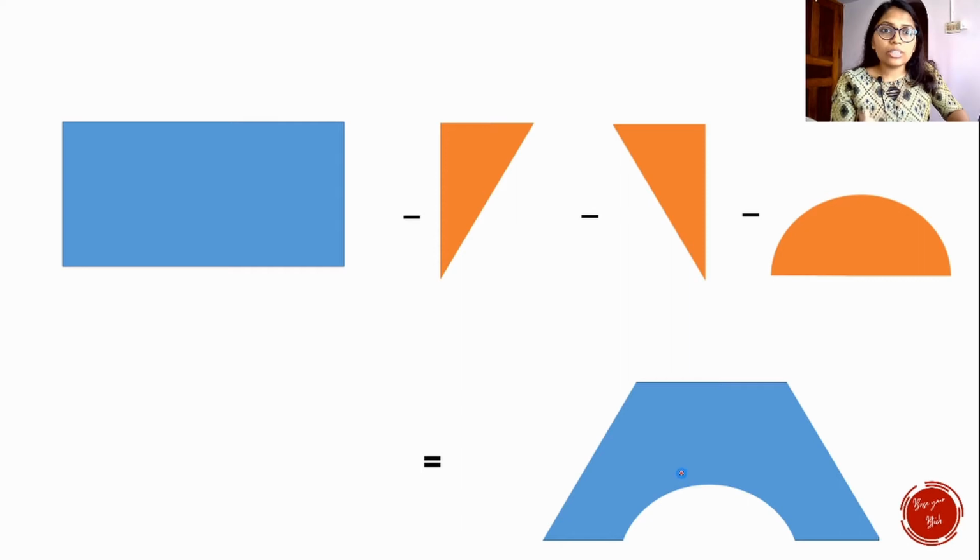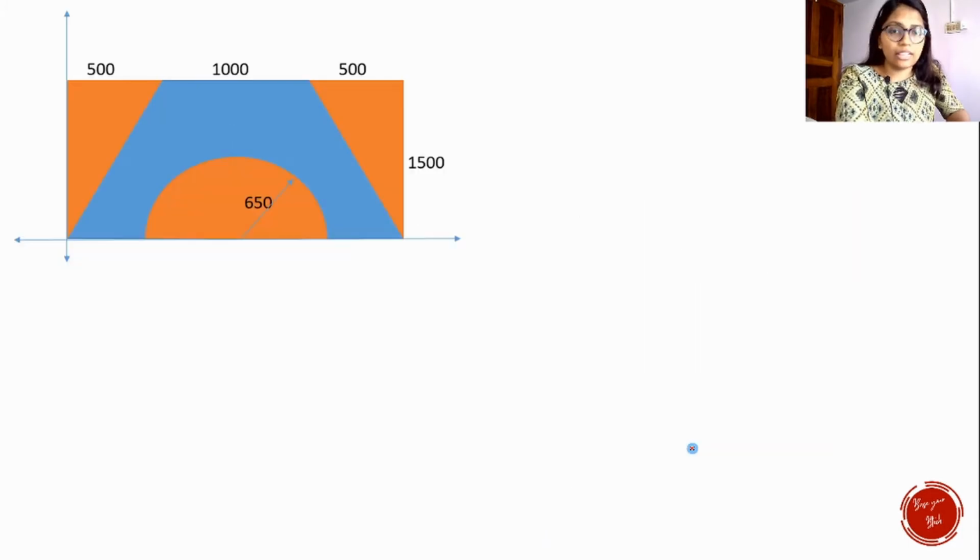See, this question specified that the moment of inertia should be calculated about the centroidal axis. Then only you need to calculate the centroid. Otherwise, they will specify that we have to find the moment of inertia about the base or about the right side, etc. But in this problem, it is specified that find the moment of inertia about the centroidal axis, which is why we are taking the first step as finding the centroid. Okay. So here let us see how the centroid is calculated for this complete figure.